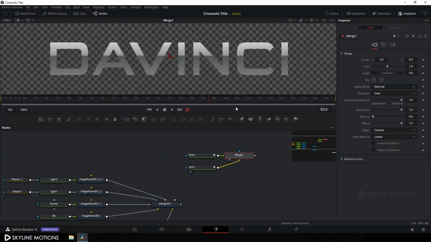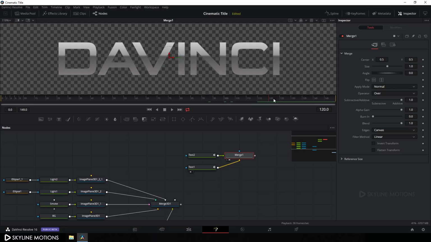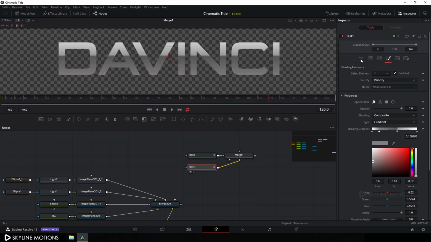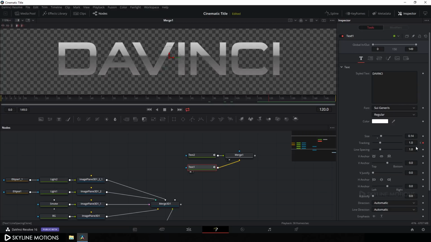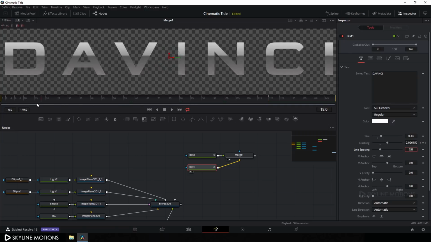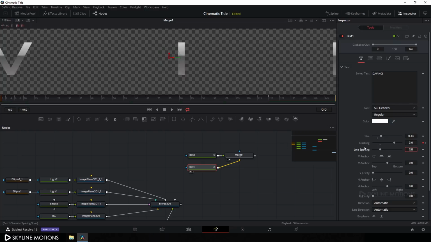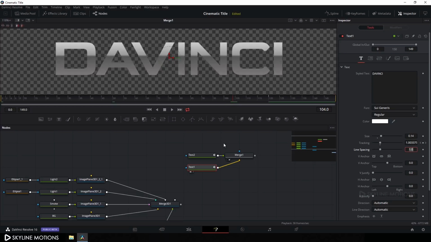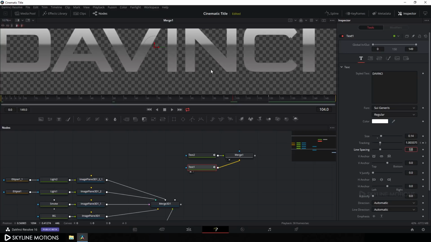And now go to around 120 frame where we have created a keyframe and select this text 1 and go to text and change this tracking value. So I'm going to set this 0.99 and hit enter, and go to very beginning of this animation where we have created another keyframe and change this value to 2.99 and hit enter, and go to around over here and hold Control and scroll up to zoom in, set it like that,